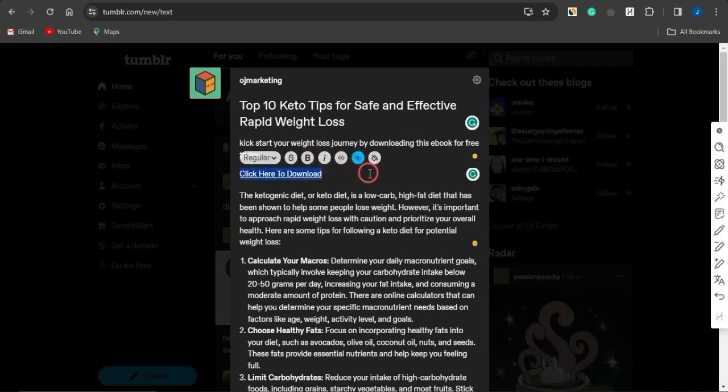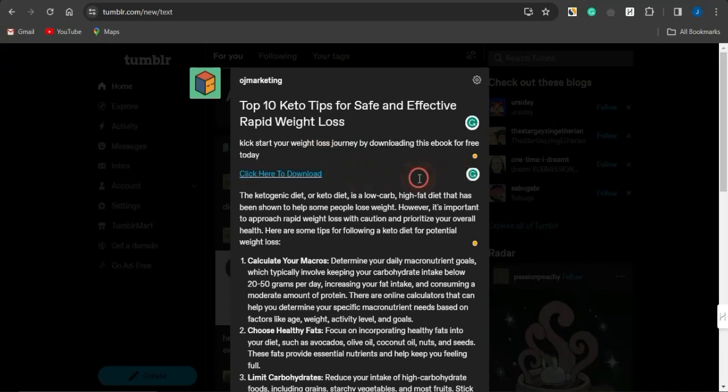and just simply click on done. So what this actually means is that once somebody comes onto this section and clicks on this section that says click here to download, it's automatically going to take them to your URL file locker for them to complete an offer, which if they do complete, you're actually going to go on to making money right there. So you can go on to changing the text color right now or the font color right here based on your preference. So I'm just going to go on to changing that to something like blue right there so that it will look kind of different, and you can see how cool it's going to look.